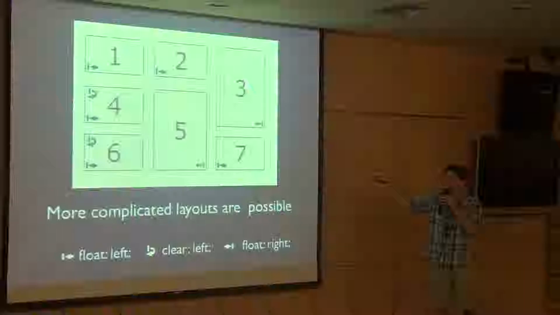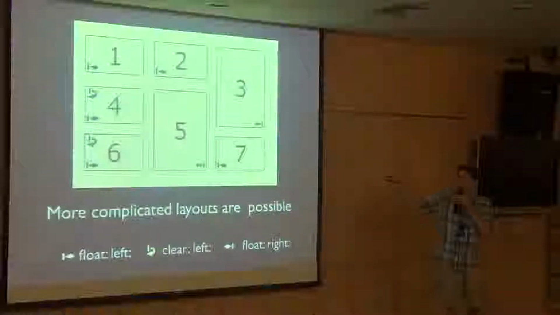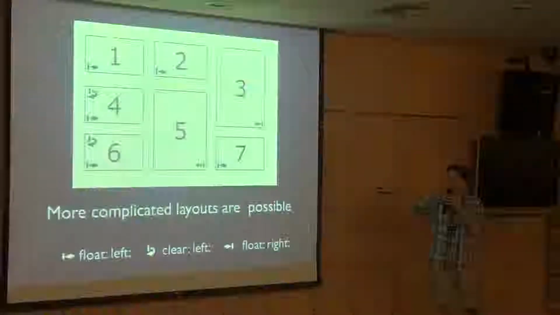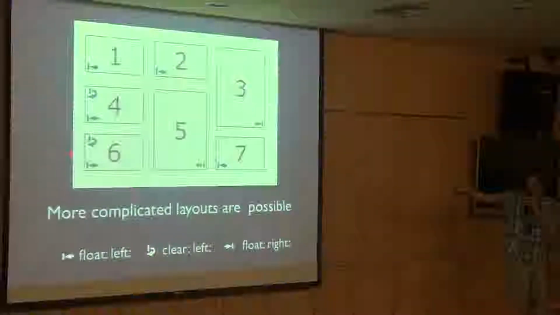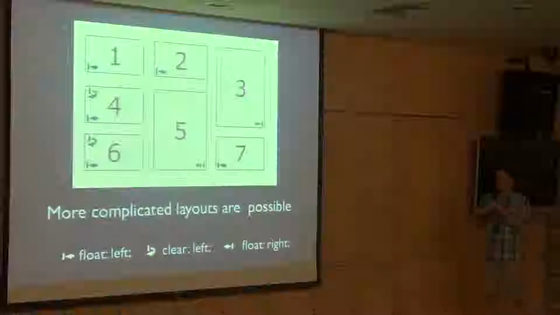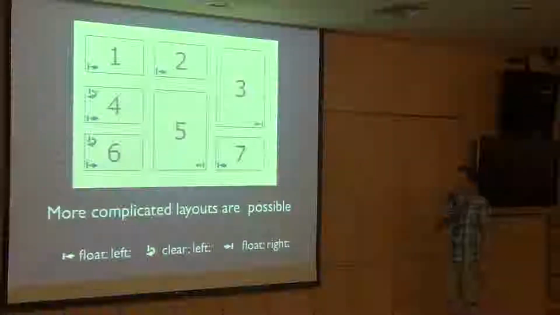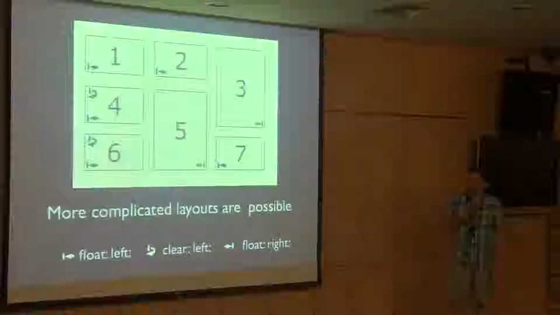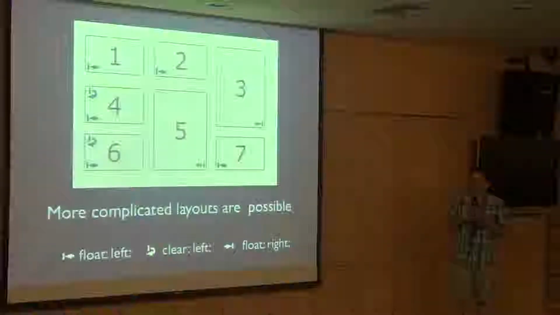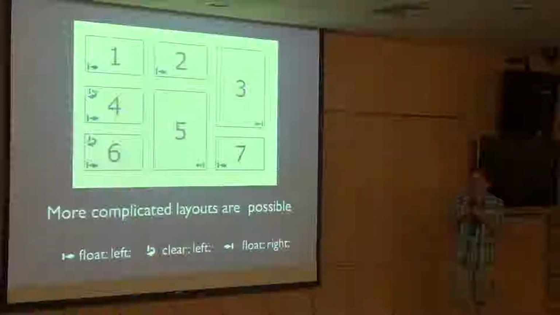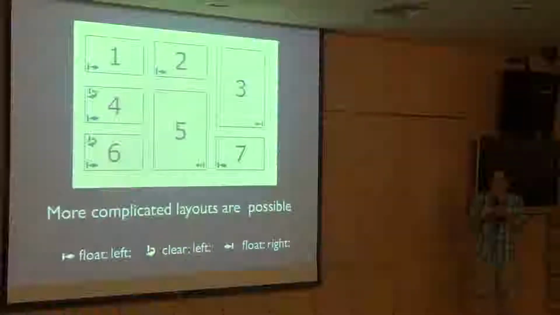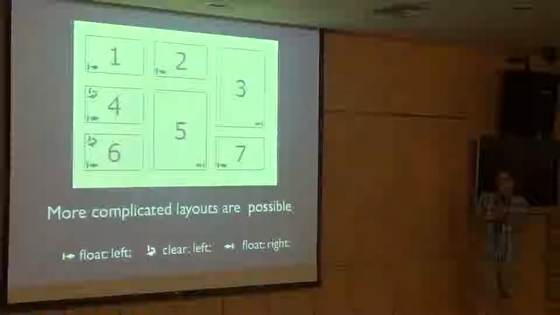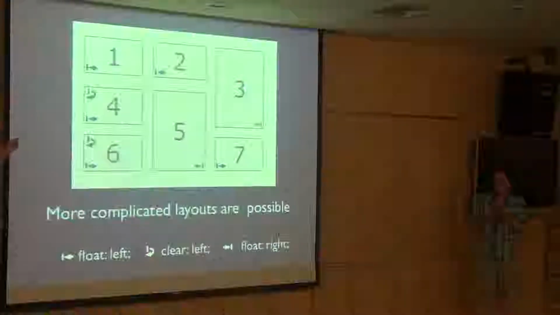When we float it right, it's allowed to span additional rows because 6 and 7 then are in the next row because they've been cleared left. OK, so you can see that the previous one and this one are actually the exact same technique, this one is just a bit more complicated. You see 1, 2, 4, 6 and 7 use float left, and 5 and 3 use float right, and then 4, 5